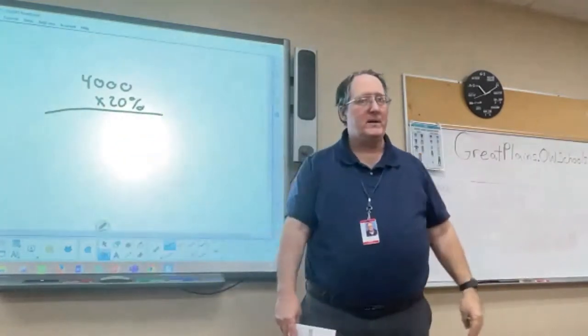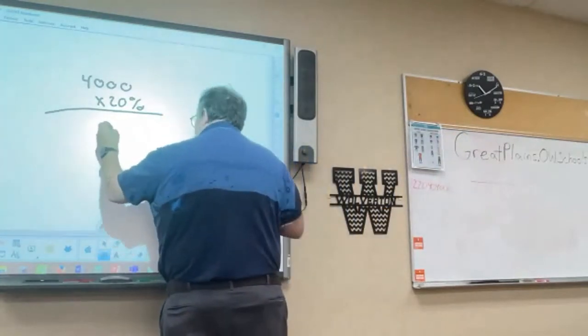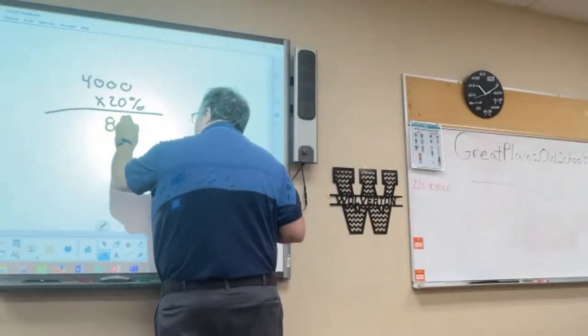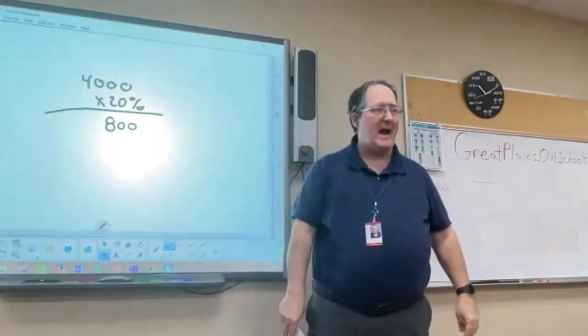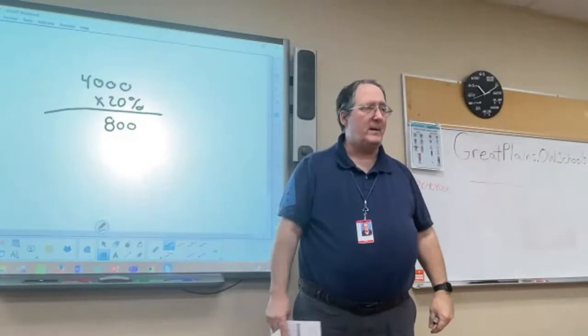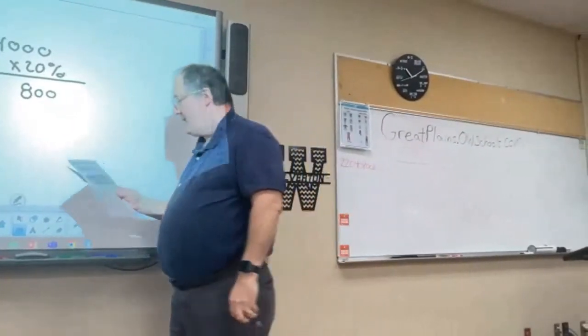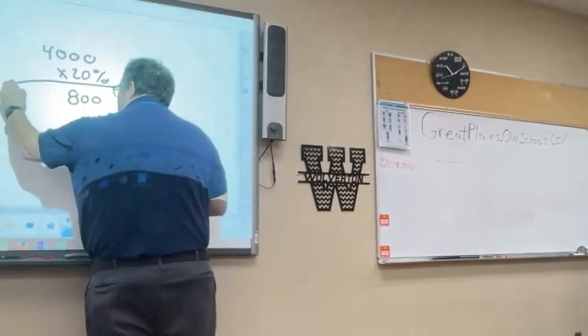$4,000 times 20% is what? $800. Okay. So on the far right over there, down payment is going to be $800. I have to have that much cash to pay the gazebo people before I can even start making monthly payments. Okay. So the amount that I have financed, the amount that I have to go to the bank and get